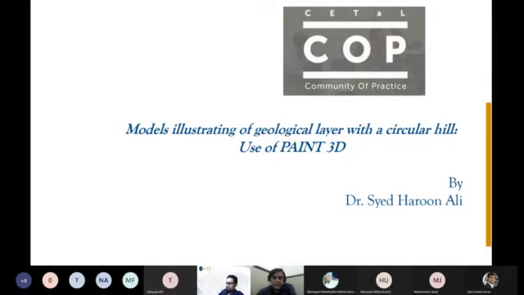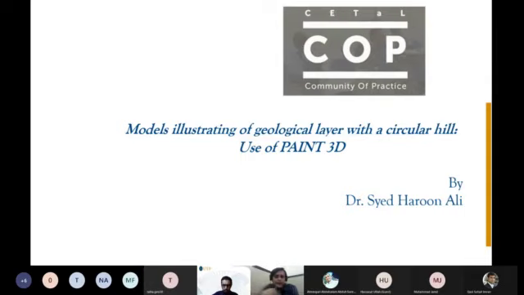We have some initial models here, and these models are useful because geologists, when they go to the field, have outcrops, and these outcrops are normally in 2D. When you see something in 2D, it's very hard to imagine what will be happening in 3D.